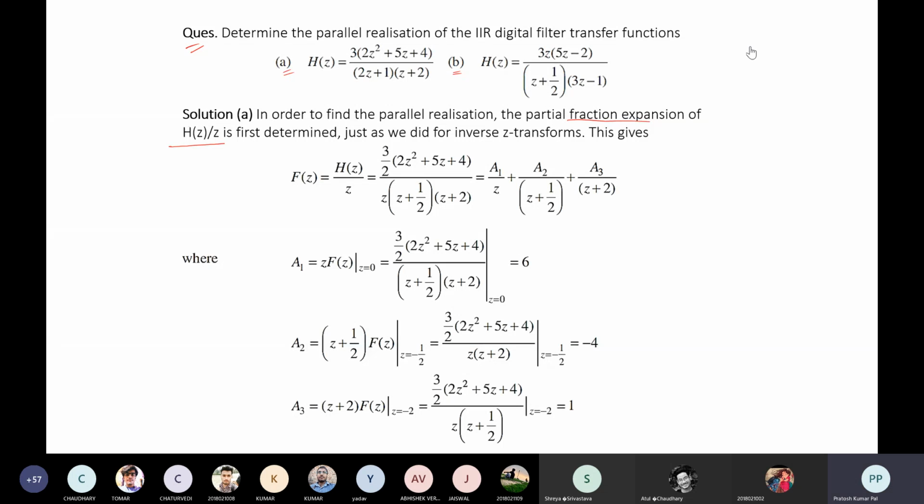Okay. So once we proceed with the analysis, we will find out H(z) divided by z first. In the first case, H(z) divided by z will give you 3 by 2. Here also the coefficients of z